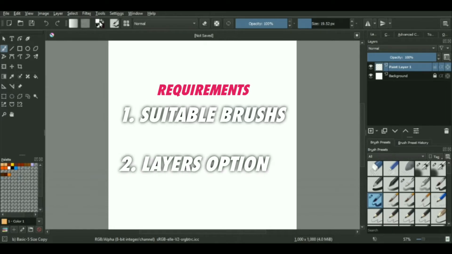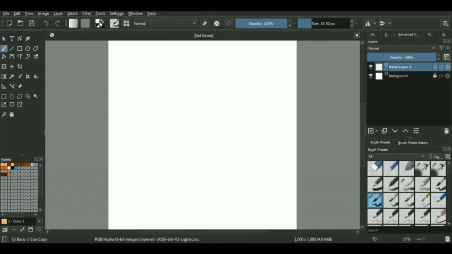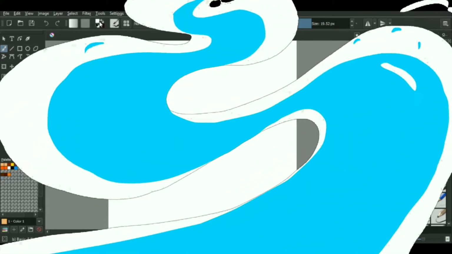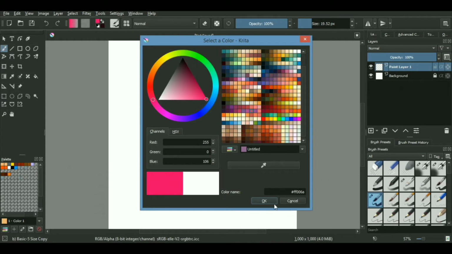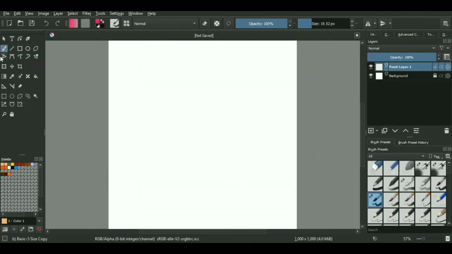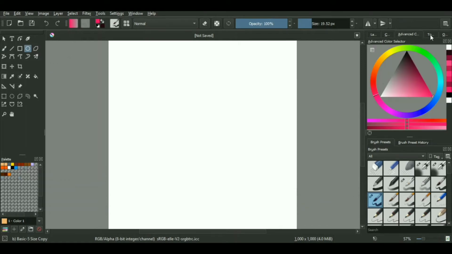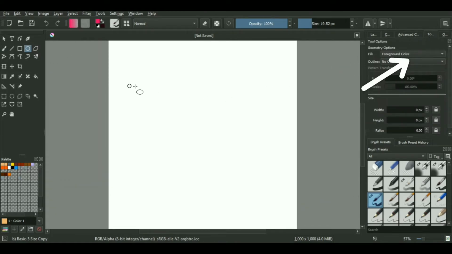So for shading, first of all, we will need a flat unlit sort of shape in our canvas. So in our case, this unlit shape will be of a sphere. So for creating an unlit flat sort of sphere, we need to create a circle. So for creating that circle, first of all, we will be selecting any light color, choose whichever color you want, and then use this circle tool on the left hand side. Make sure the fill color is set up to foreground and make a shape like this and drag it like this to make a circle.